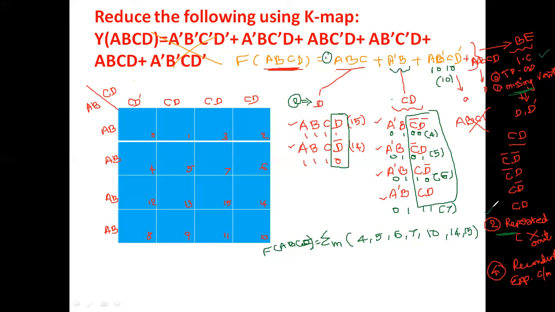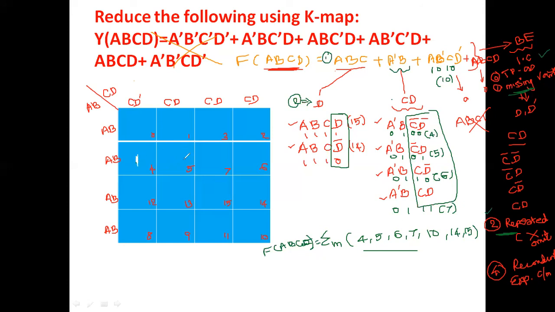After that, what is the step? You have to check whether any repeated term or redundancy is there. If there is, you have to omit it. Then finally, reconstruct by collecting the variables, that is the equation. Then, as usual, you directly go for filling up. 4 is given, so I put it here as 1.